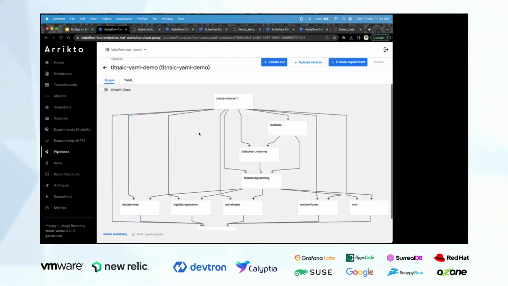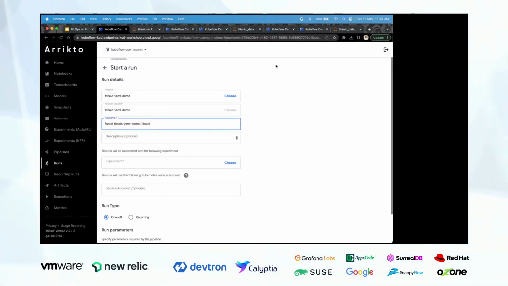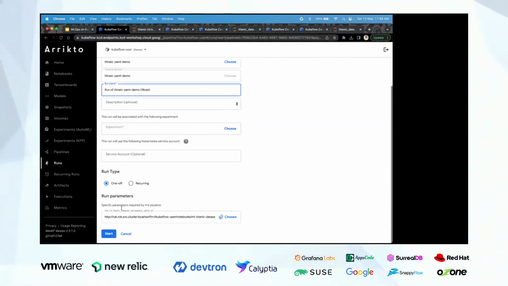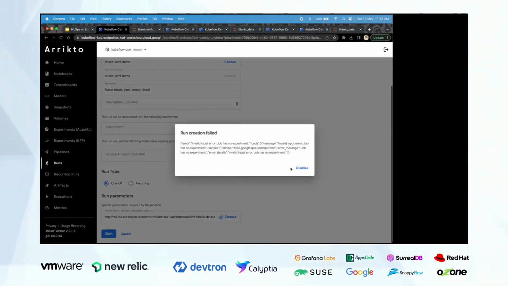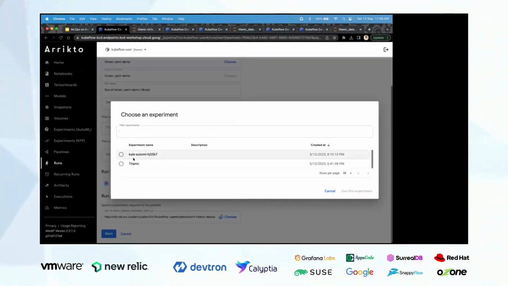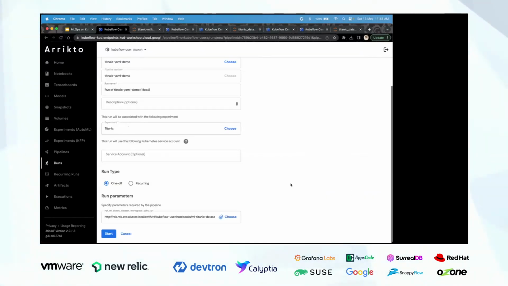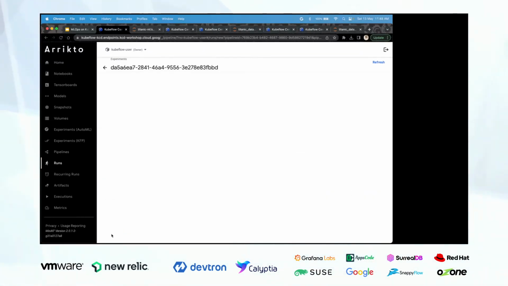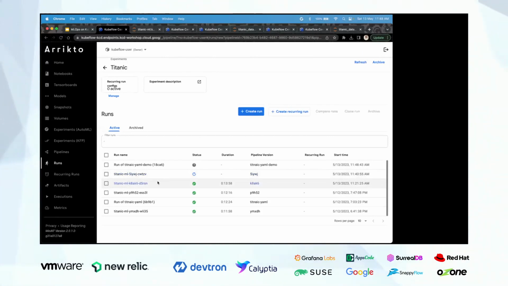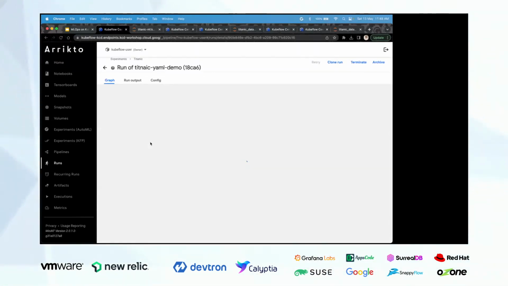This should start soon. Okay, now I need to click create run. Once I start it, I have to choose one experiment, so I'll use this experiment. And now once I start it, over here you can see that this particular run is already being created.